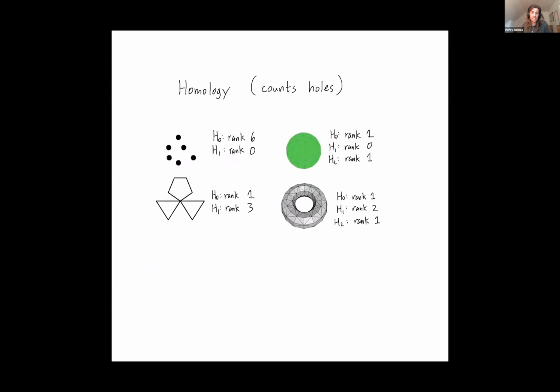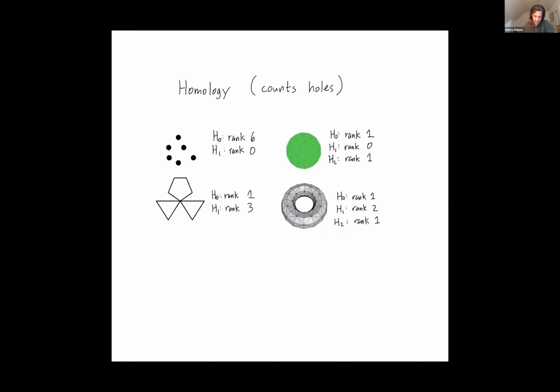So topology is computable. We can compute something called homology, which counts the number of holes in each dimension using linear algebra. Just like a lot of machine learning is based on linear algebra, so is homology, which counts the number of holes in a space. So we have 0-dimensional holes, 1-dimensional holes, and two-dimensional holes. The dimension, I'm just indicating by the subscript.